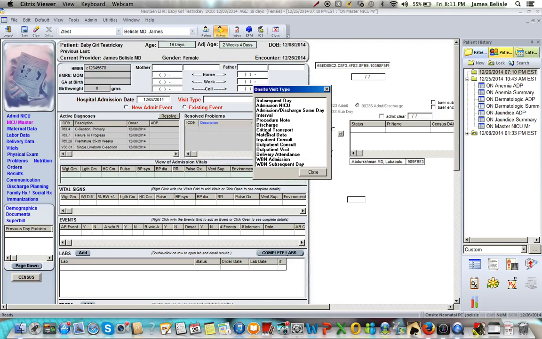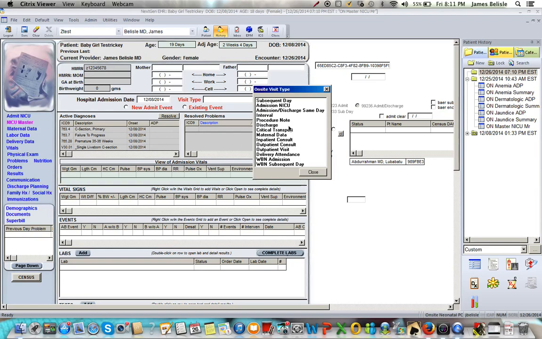Do not write a critical transport note, because that is a note that you write when you return from transporting the child to the other hospital. That means you are physically in the ambulance. So do not use that until you come back from the other hospital. Then you can write what happened in the ambulance while you were there. Okay? But when a baby is discharged from the hospital, transferred to another hospital, it is a discharge note, or